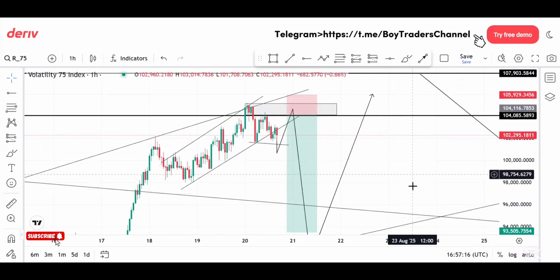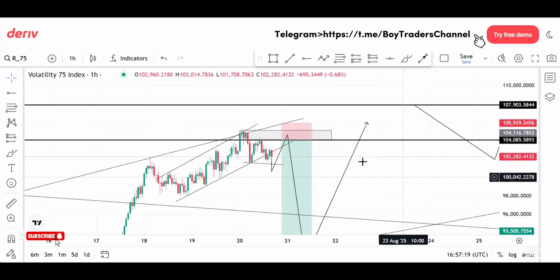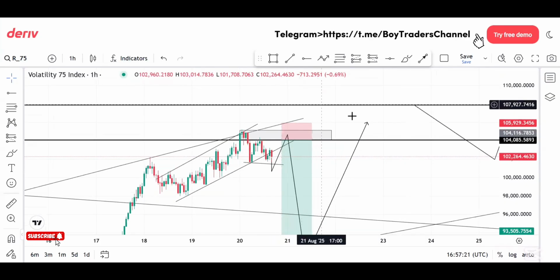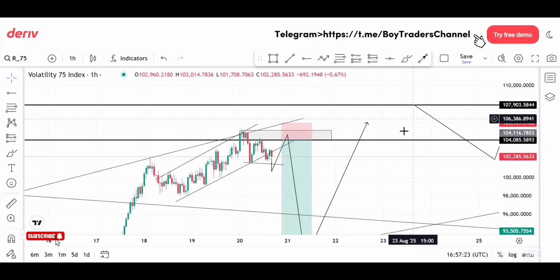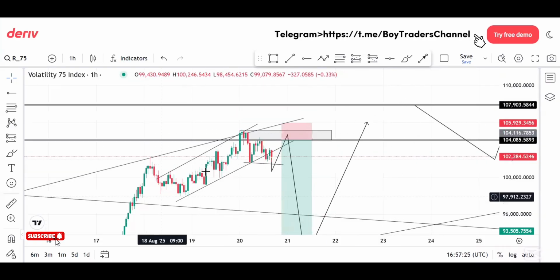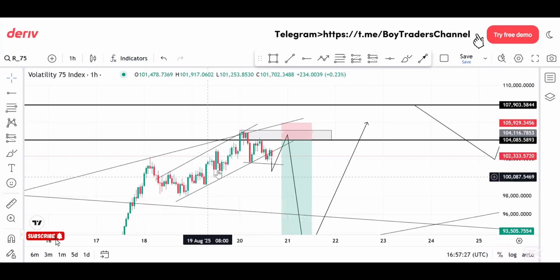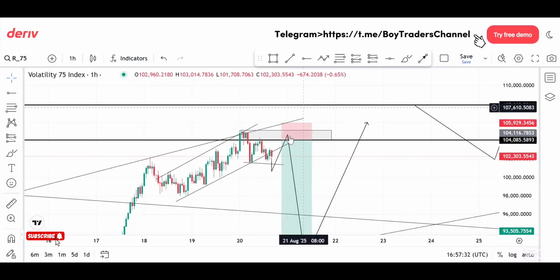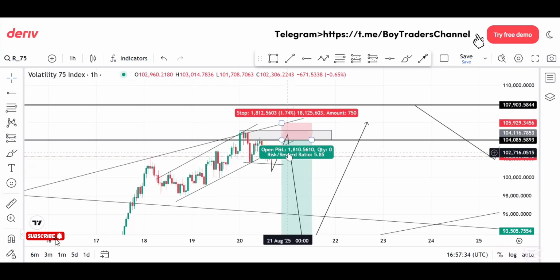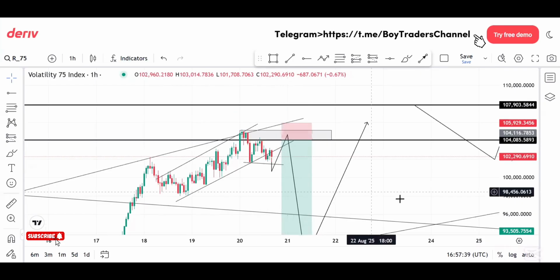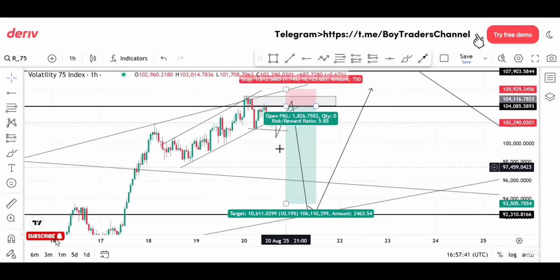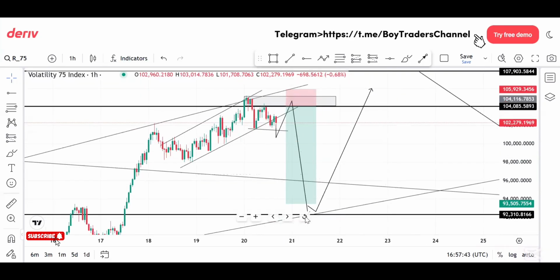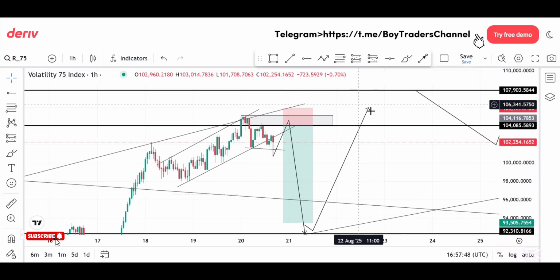Remember, we still have an expectation of the market pushing to test this zone, test this high, the level of 107,903. But on the look of things, the buy power is not strong enough. The bullish presence in the market is not strong enough to push price to these highs. So we need the market to retrace. We need price to fall a little for the buyers to take charge, to push price up again. So that's what this whole projection is all about. Price testing our sell zone, dropping down to this point, this potential buy area, then another push to this level,